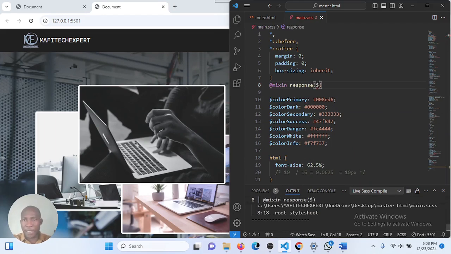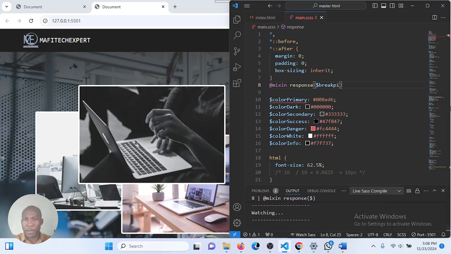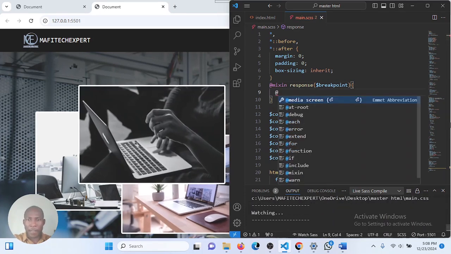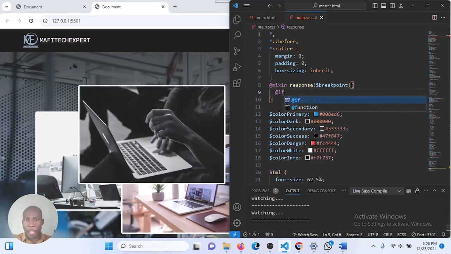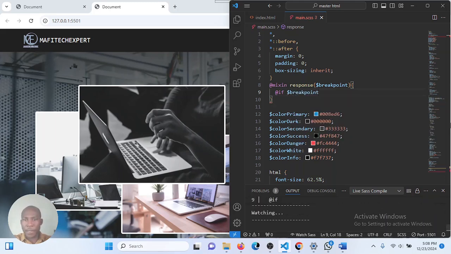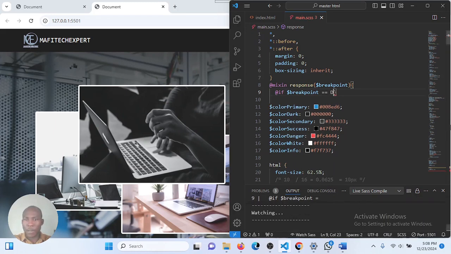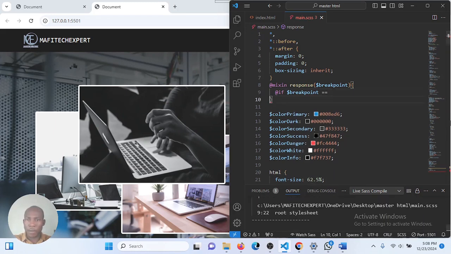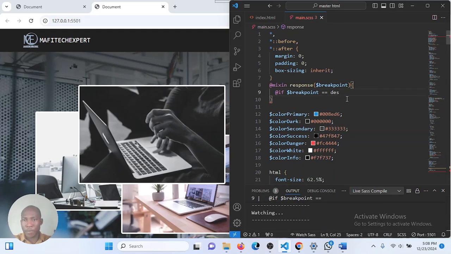Let's pass a parameter, we'll call it breakpoint. And I say at if our breakpoint is equal to desktop